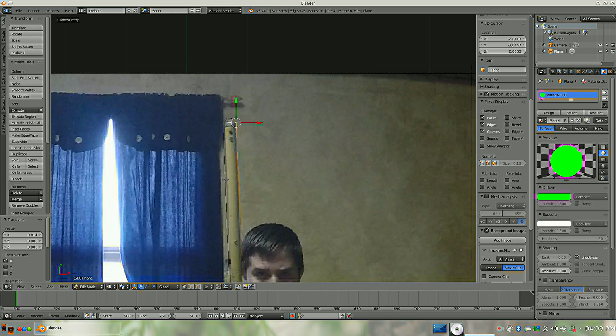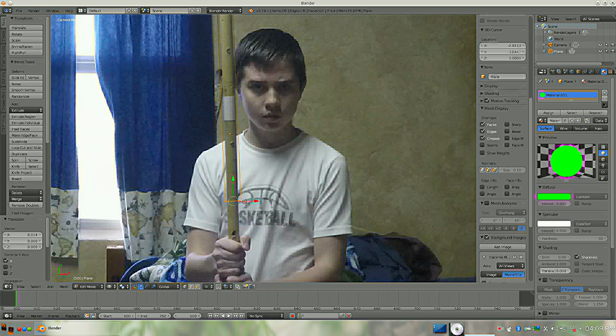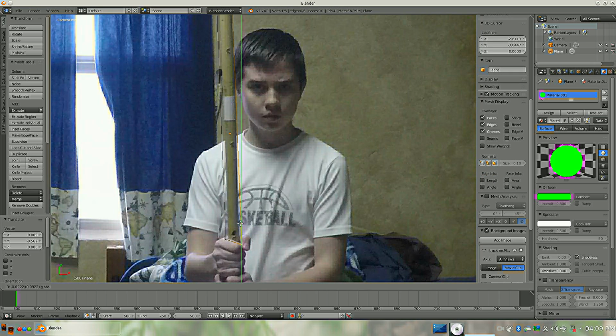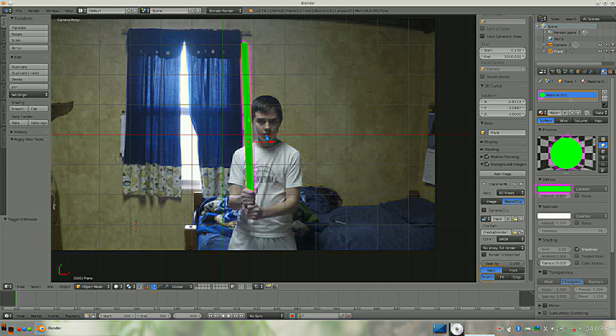Okay, giving it 2 cuts is actually different from subdividing it twice, so make sure that you do 2 cuts instead of 2 subdivisions. Which I guess you could do either way, depending on your own preference, but I like to do it like this. So just position these to match, and that looks pretty good. So if we render,